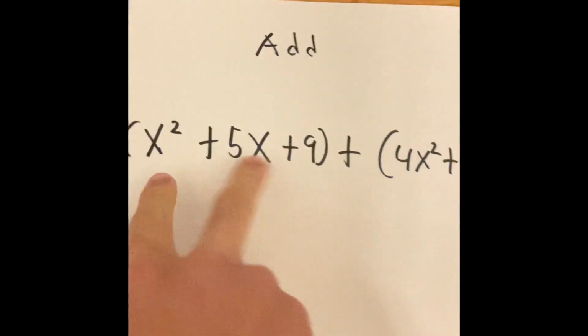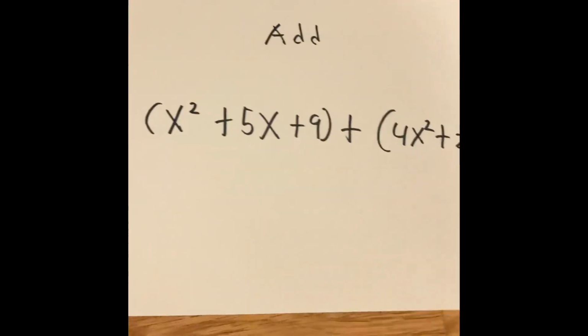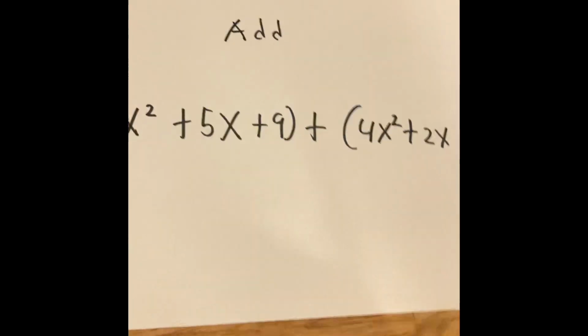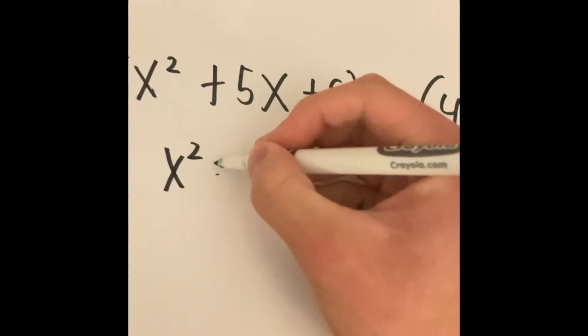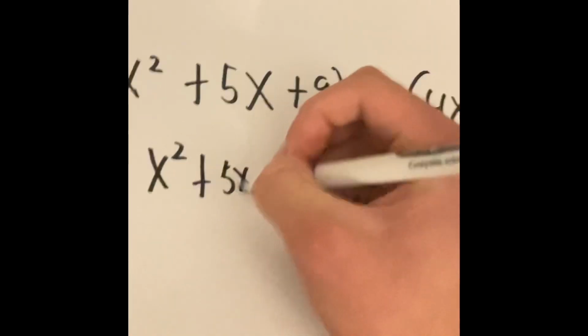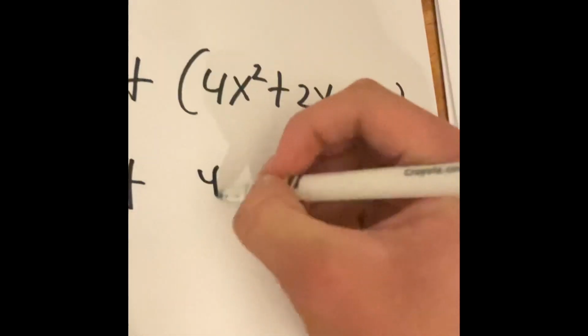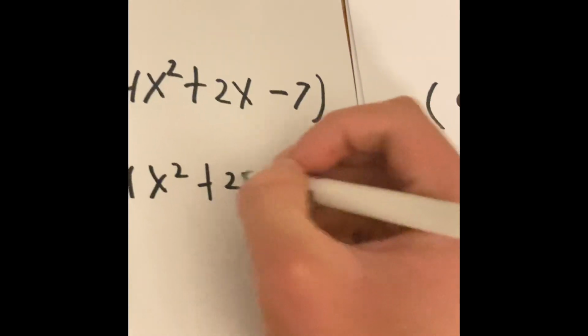And you can't really add these because they're different values, because x squared is different than 5x, which is also different than just 9. So we can literally rewrite the equation: x squared plus 5x plus 9, then add 4x squared plus 2x,